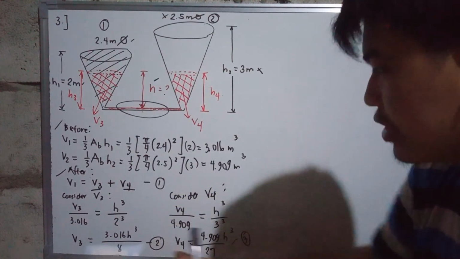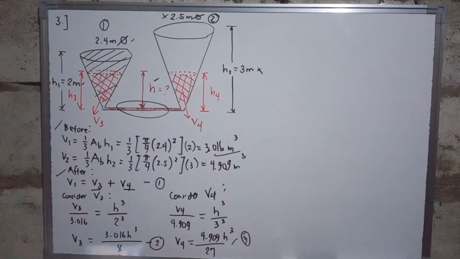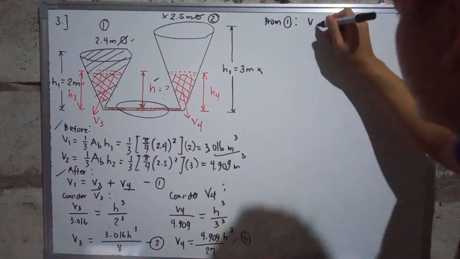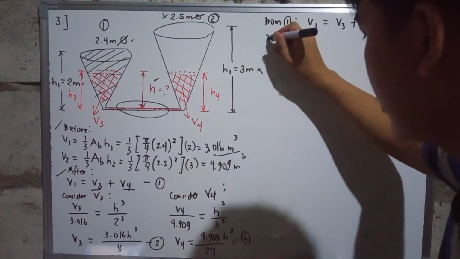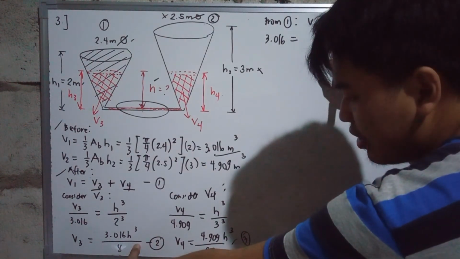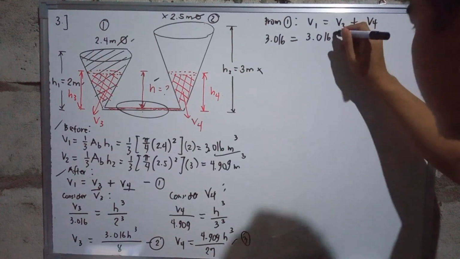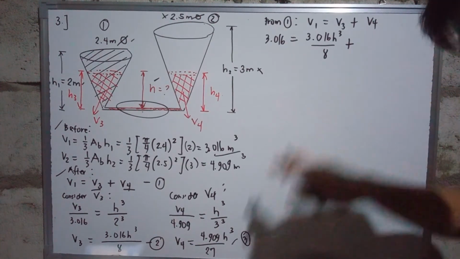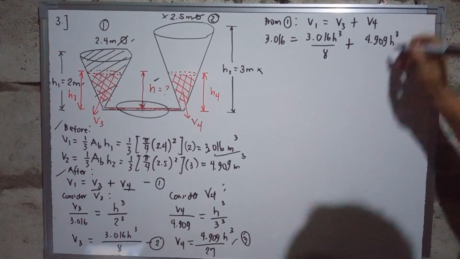So, meron tayong tatlong equation dito. Yung volume 1 natin, given yan, which is 3.016. So, from equation 1, V1 is equals to V3 plus V4. The value of our V1 is 3.016 is equals to V3 natin. Substitute natin yung equation 2 sa equation 1. So, V3 is 3.016 h cubed all over 8 plus the value of V4 in terms of h. Substitute natin yung equation 3 natin. H cubed all over